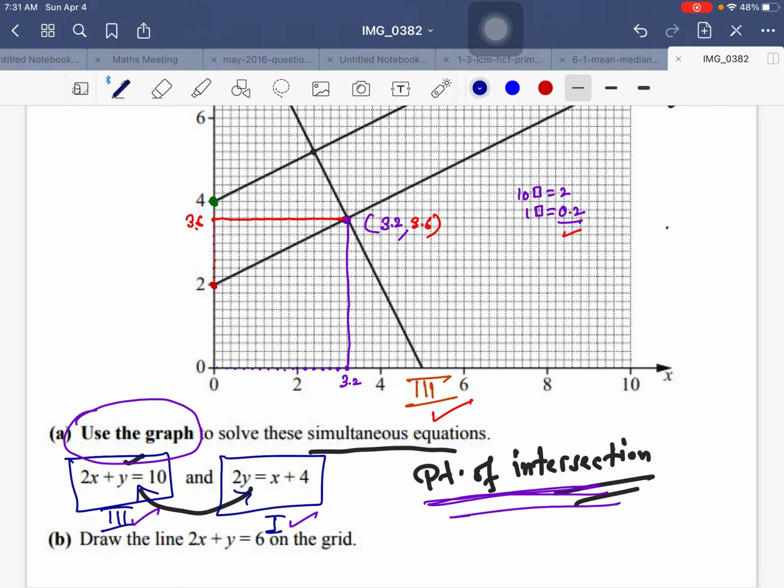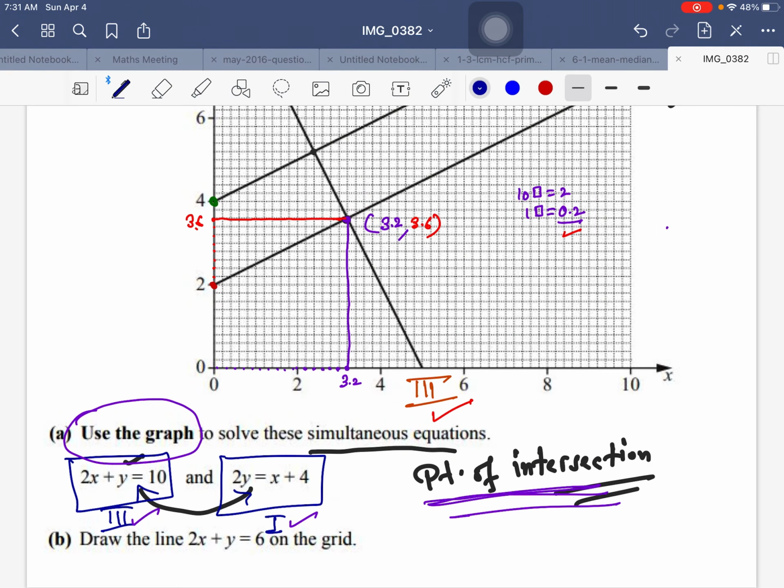What I will get here, I need to take minus 2x on this side, minus 2x on this side. That will cancel this 2x here. We are left with y equals 6 minus 2x. Switch the terms, get here minus 2x plus 6. Clear? So we got y equal to minus 2x plus 6.